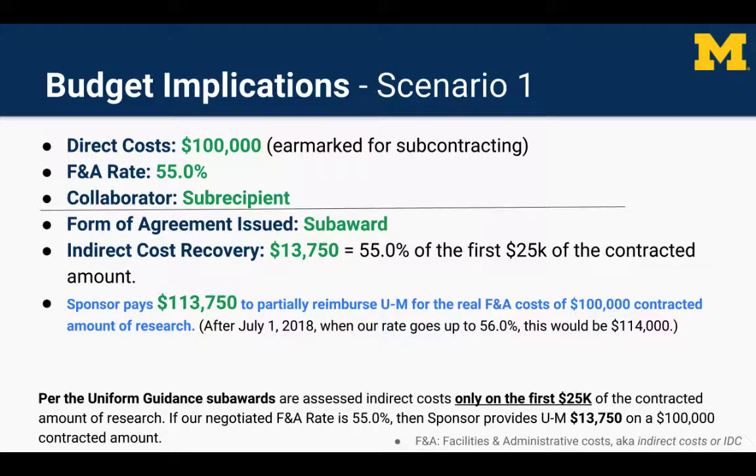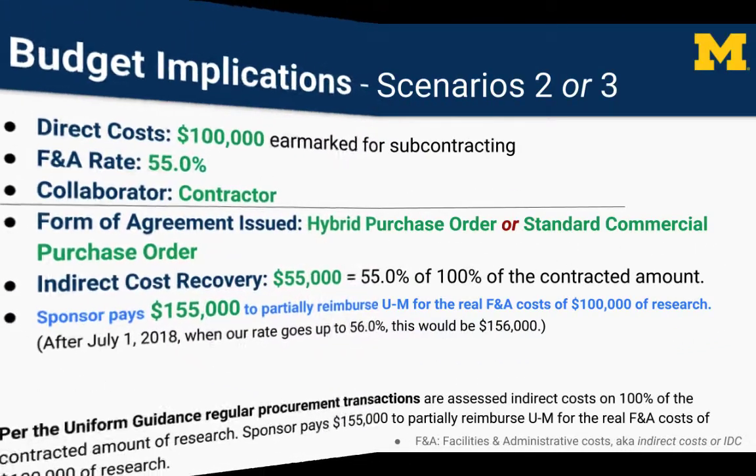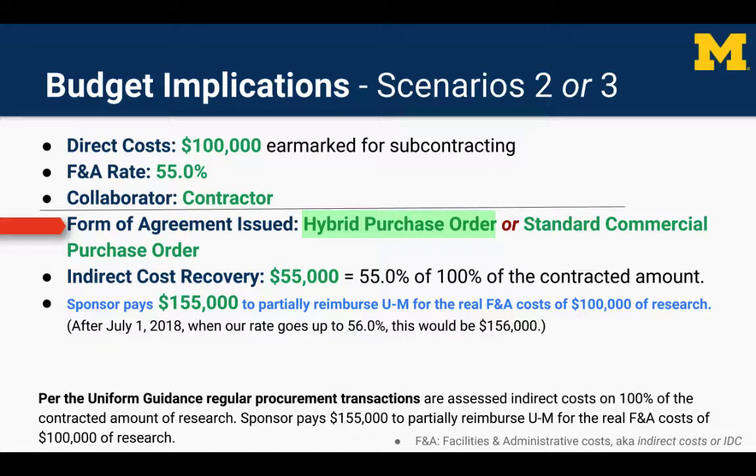In scenario 2, the collaborator is classified as a contractor. When a hybrid contract is issued, the indirect cost recovery is $55,000, which is equal to 55% on 100% of the contracted amount. In scenario 3, when purchasing goods and services from an organization that are available commercially from the organization, the collaborator is classified as a contractor. A purchase order is issued, therefore the indirect cost recovery is $55,000, which is equal to 55% of 100% of